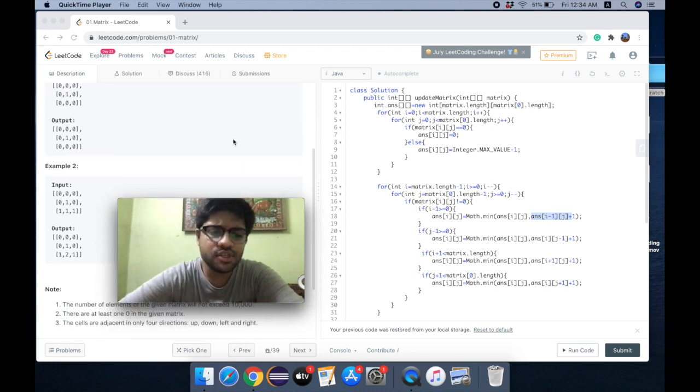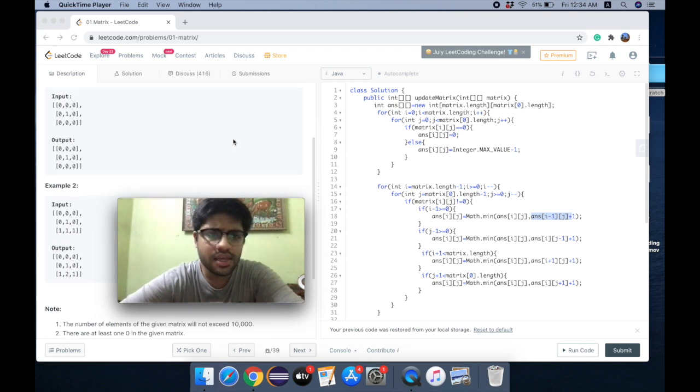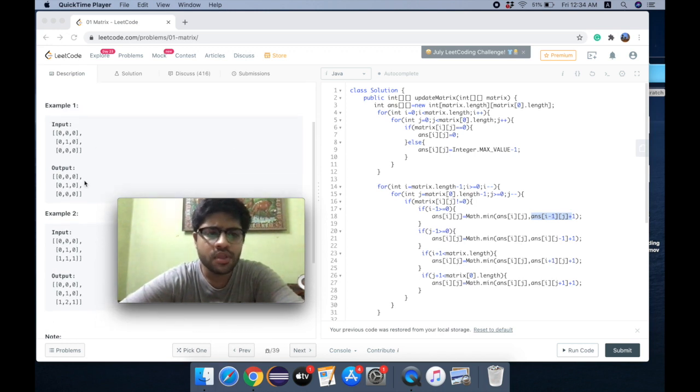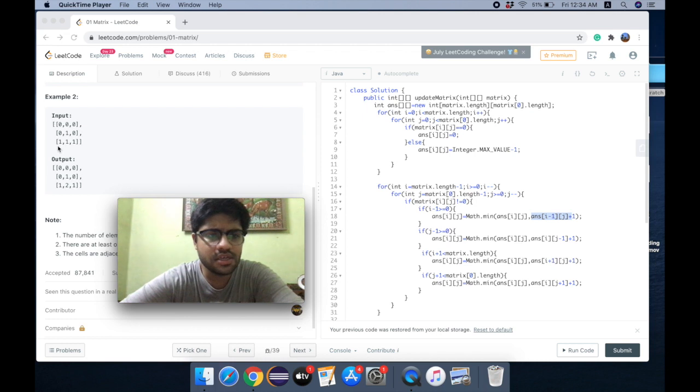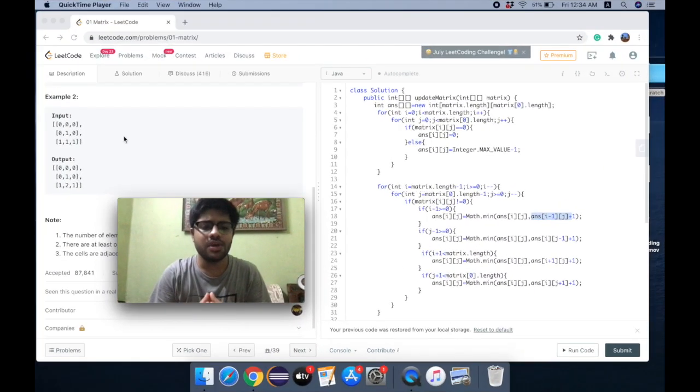So let's come on to the solution for this. The solution which I thought of is simple. We'll make a solution matrix. Let's say this is the input that we get. We'll make a matrix of the same size, and that would be the solution matrix. So when we are looking at a 0, if the input number at that location is 0, then the distance of that number from 0 is 0. I mean, if that 0 is already present at a location, then the distance is already 0.